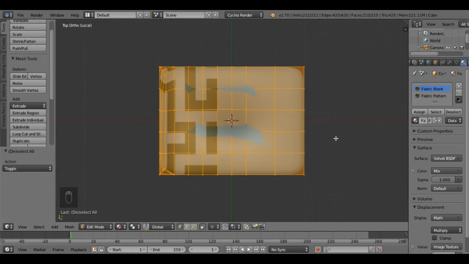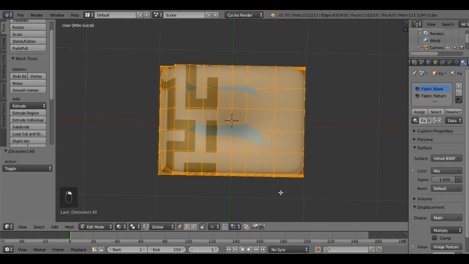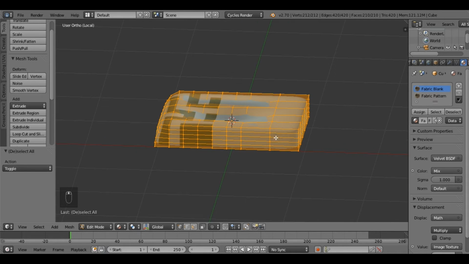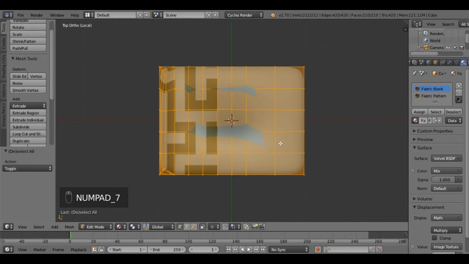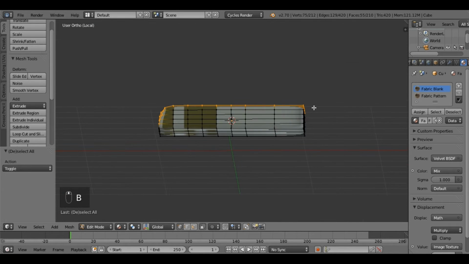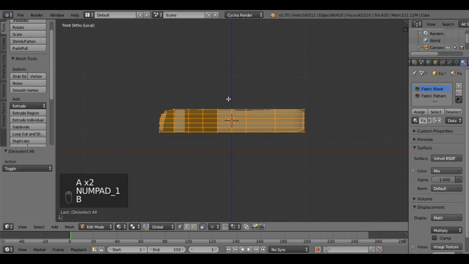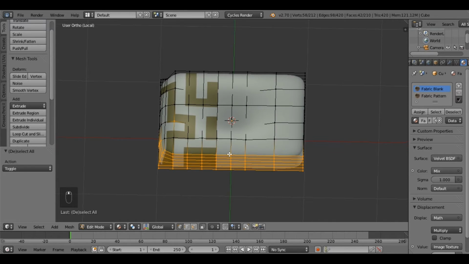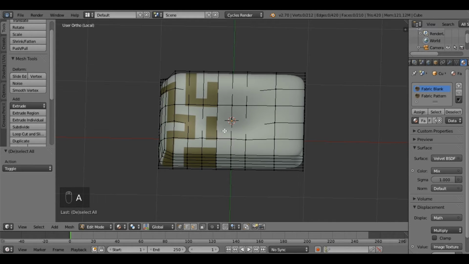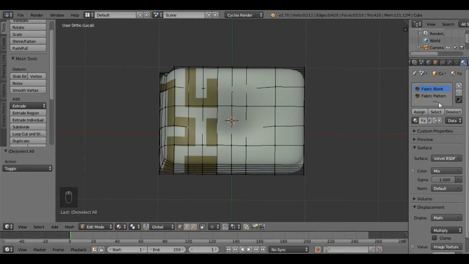You might have to play around with it. I'm not going to mess with it because I already have it set the way that I want to, but if you have to, you can go to top view and select those and unwrap it, and then go to the side view and select those and unwrap it. However you want to do your unwrapping is completely up to you and depends on your model. So I'm not going to show you too much of any of that, but I do want to show you